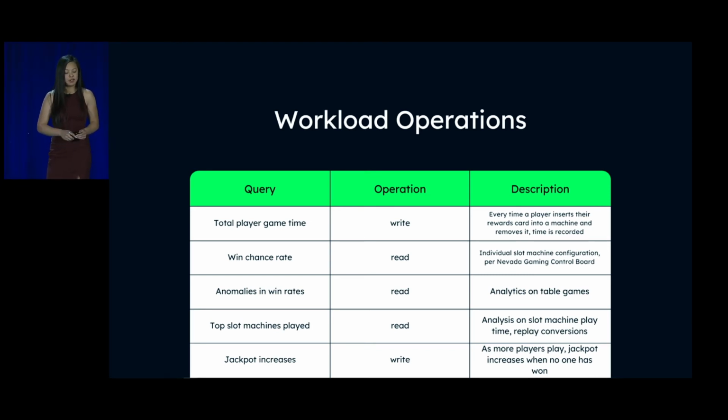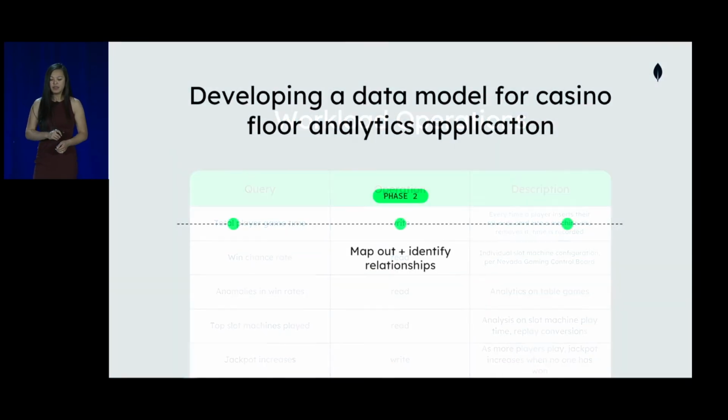And finally, the last operation we found is the jackpot increases. So I've described it earlier. There's a set of slot machines that usually all go into a single big jackpot. And the longer that players continue to play at the slot machines that are part of that jackpot, the longer that they don't win, the bigger the jackpot grows. It continues to grow and grow until someone finally wins that jackpot and then it resets. So these are the top operations that we have seen. These are the ones that we're going to focus on as we apply our data model right now.